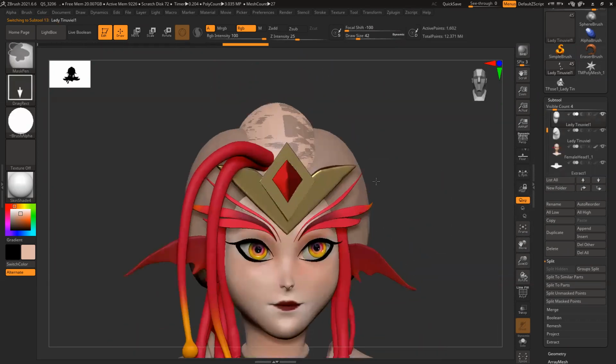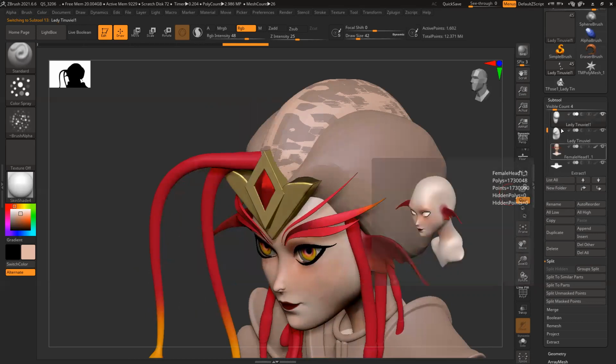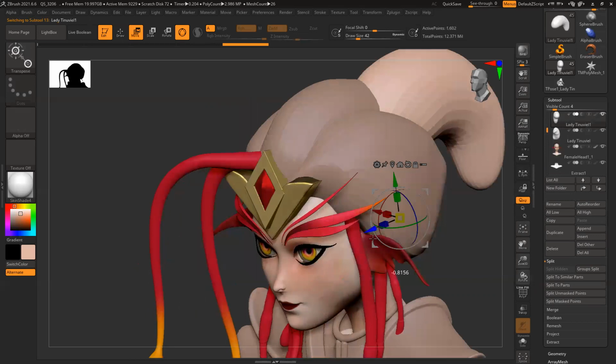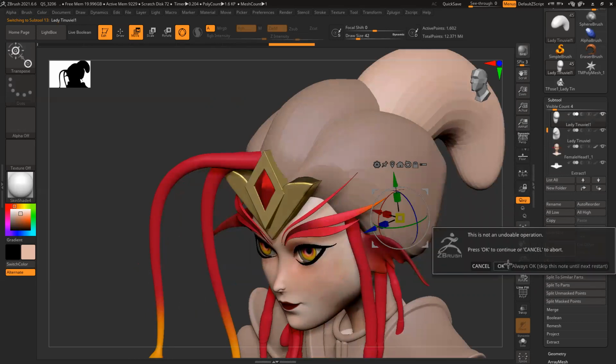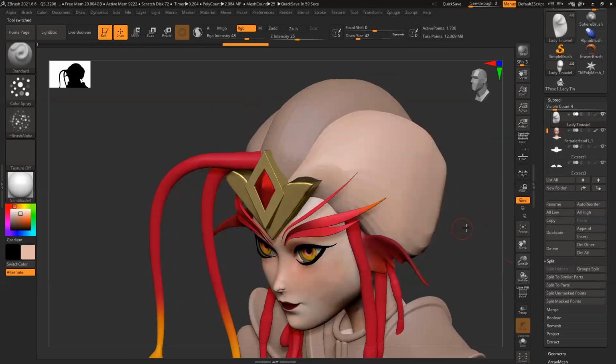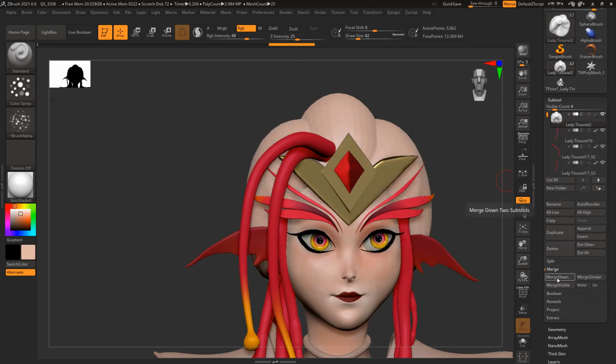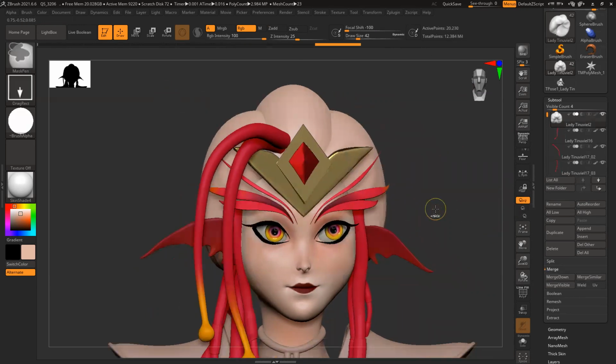Okay. Is it double? Yeah, double geometry, delete. Okay, these all three I want to merge. Shift, move it up. So all three I can see. Merge down, merge down. All three are merged together.